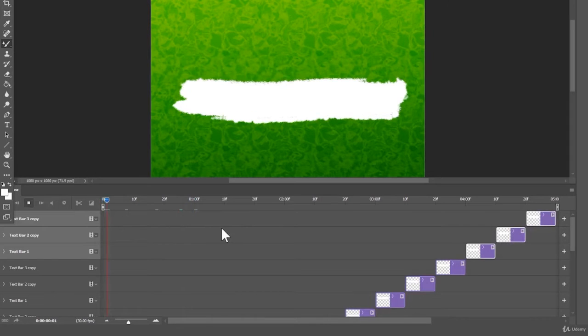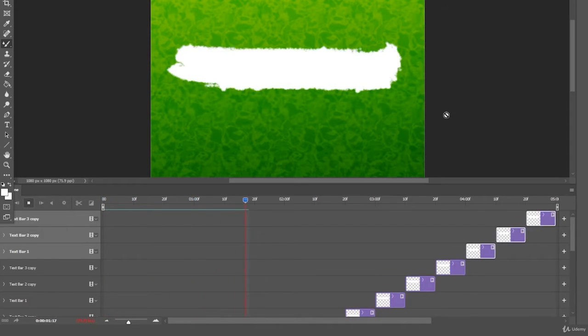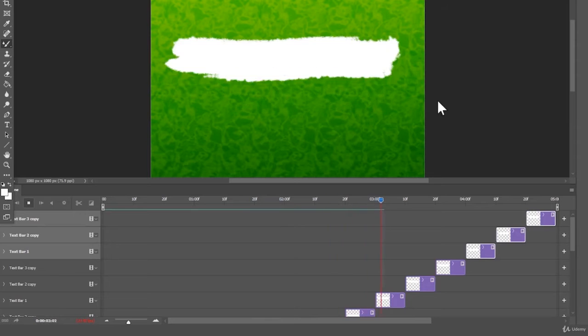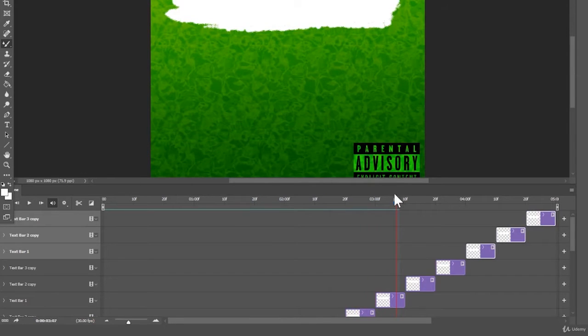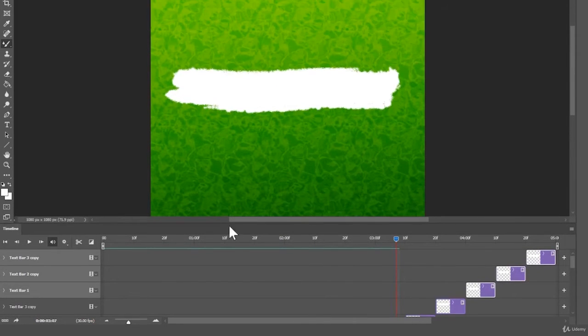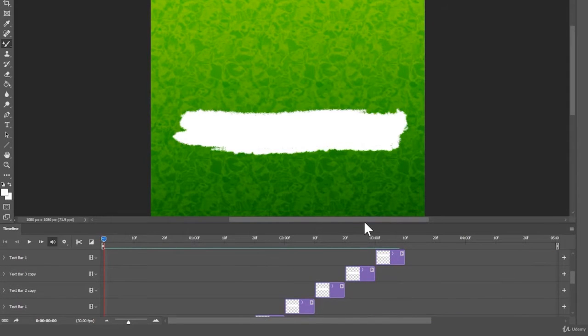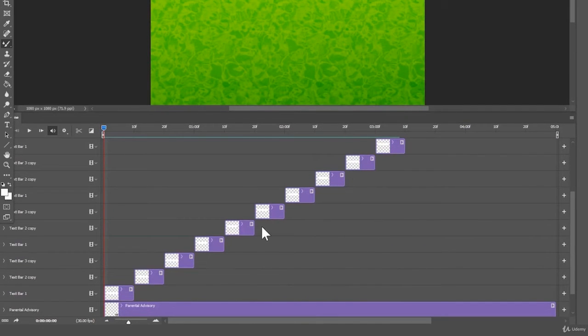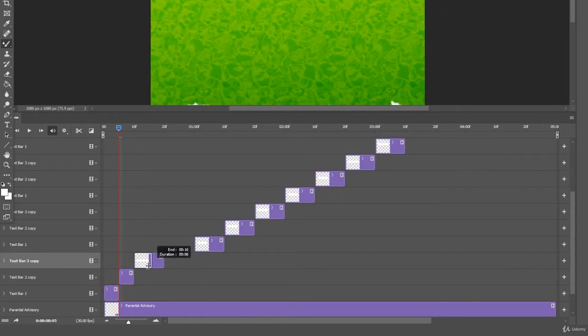And more or less what this is, if we play, is literally just changing around, as we see right here. It's just switching around bit by bit, and overall, it's just changing, right? Now, it's looking like it goes a little bit slow. I probably could have seen that one coming. I'm not going to lie. So what I might actually do is go ahead and do the half of it again. So I'm going to trim that one down there, pull that one over, trim it down to about half the size, pull it over, trim it down to about half the size, and then let's go ahead and